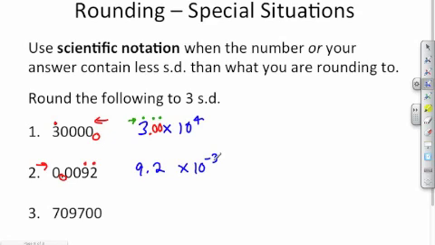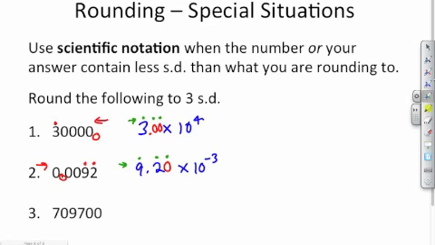Okay, the number still has just 2 significant digits. So what I'm going to do is tack on an extra 0 after the 2. And now when I use my Pacific rules, I notice that I have 3 significant digits. So my answer is 9.20 times 10 to the minus 3rd. Last but not least,